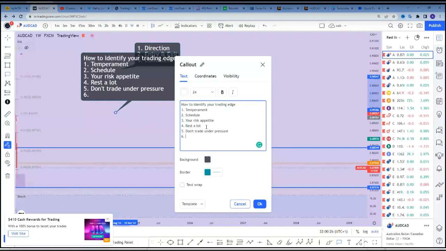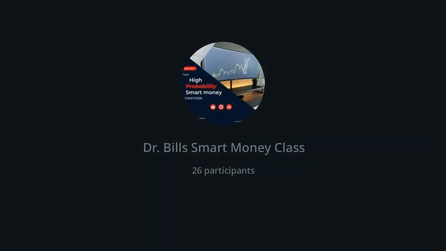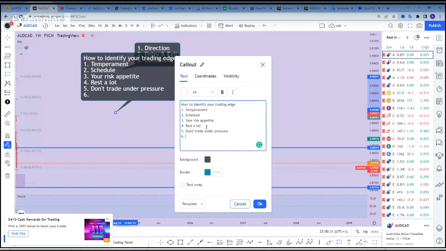You need to know that you are not trading on borrowed funds. I've seen people who have gotten LAPO funds to trade with. I've seen people who have taken investments and done stuff, even at the early stage of their career, because they are just in a hurry to make some money. Please do not do that. I've seen people take money from investors, promise them 30%, promise them 40% per month. The reality of the matter is you are going to be doing a whole lot of damage to yourself.